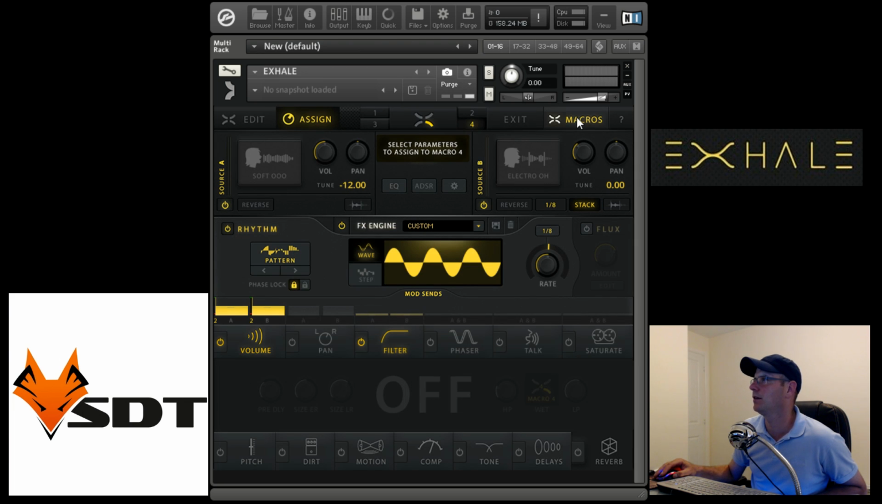If you go to macros, select parameters assigned to a macro. When you're in the macros mode and you want to add a parameter to either 1, 2, 3 or 4, all you do is click on top left, right, whichever one you want. If we want to add another parameter to number 1,